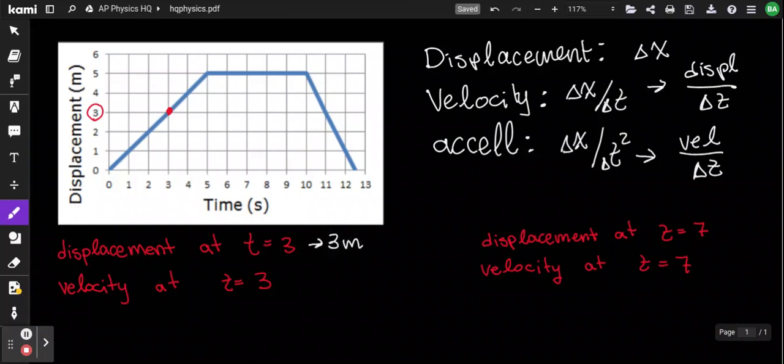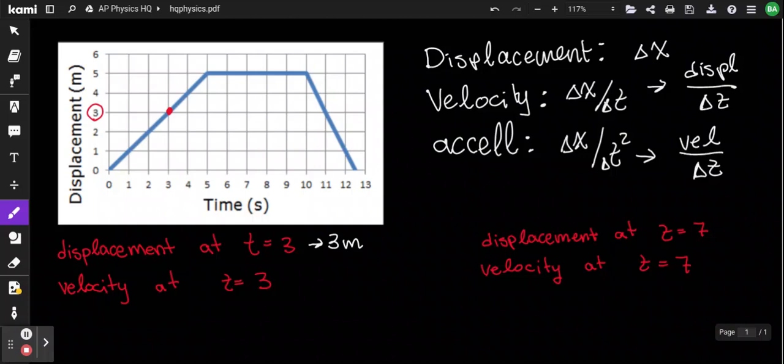So what about the velocity at time equals 3? Since we know that velocity is displacement over time, and our y-axis is displacement and our x-axis is time, we simply take the slope at time equals 3. So if our graph was curved, we would use calculus to figure out the derivative of our graph at time equals 3. But since our graph is linear from 0 to 5, and then another piece of linear from 5 to 10, and so on, we can simply take the slope of our graph from 0 to 5,